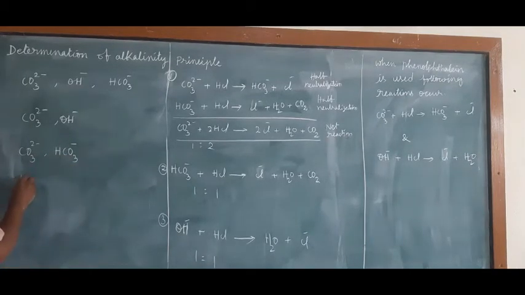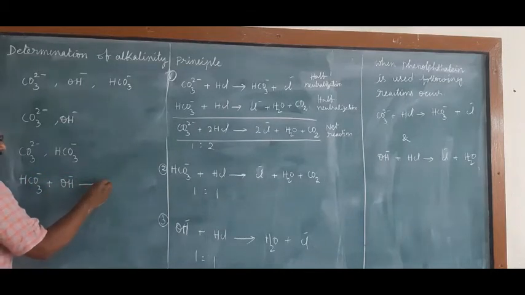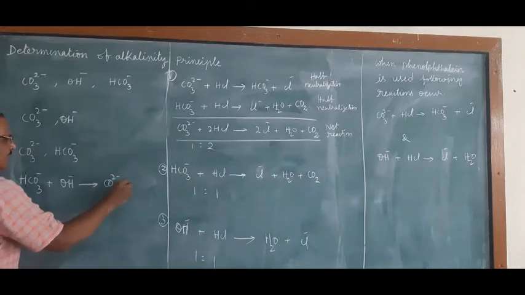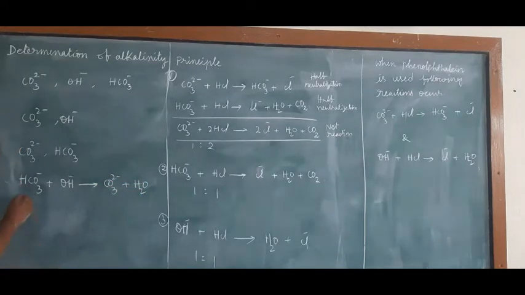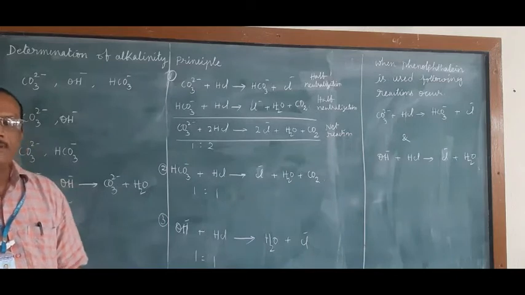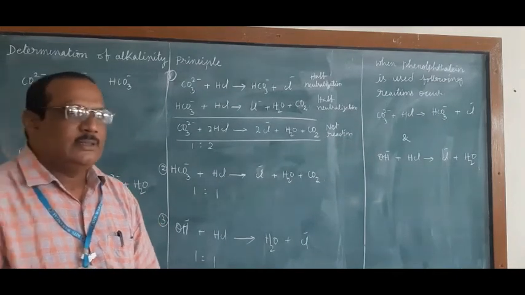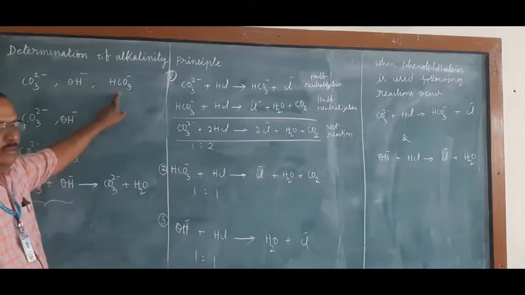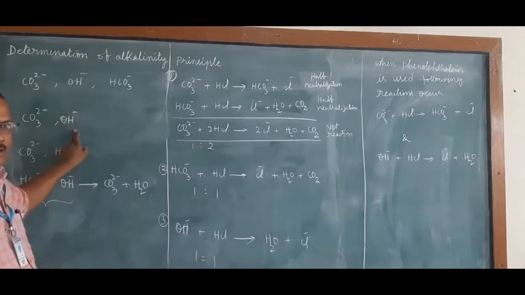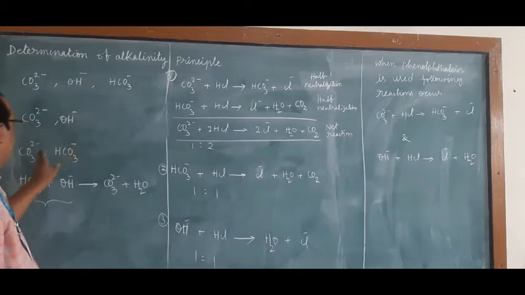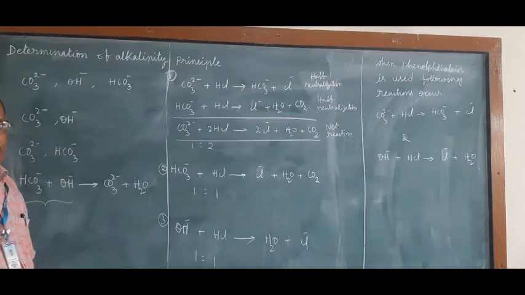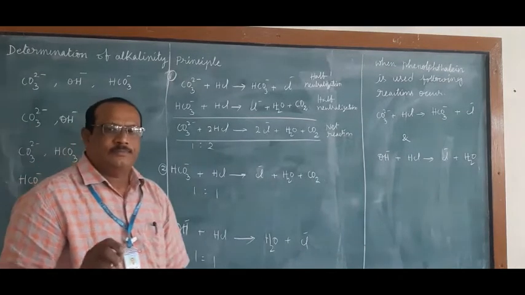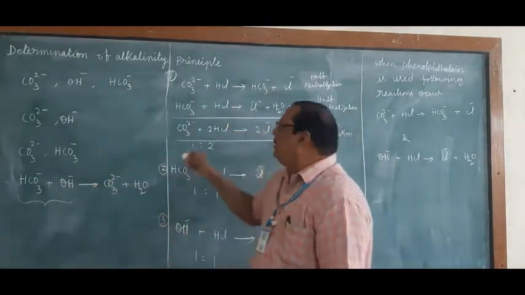But bicarbonate, hydroxide combination does not exist since they react with one another and form carbonate and water. Means this combination is equivalent to carbonate alone. So natural water samples, alkaline water samples consist of carbonate alone or hydroxide alone, bicarbonate alone or carbonate hydroxide combination. Both the ions, carbonate and bicarbonate, may exist in that sample. Now let us see the procedure of the experiment.